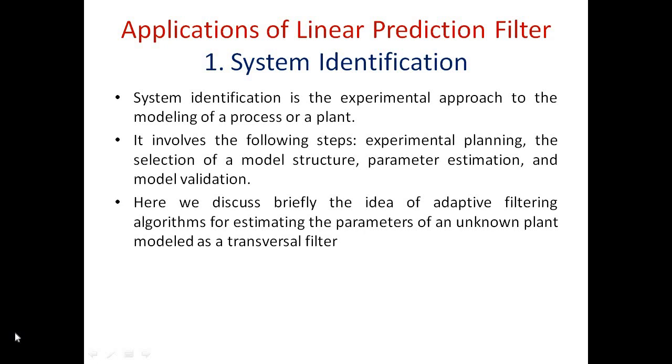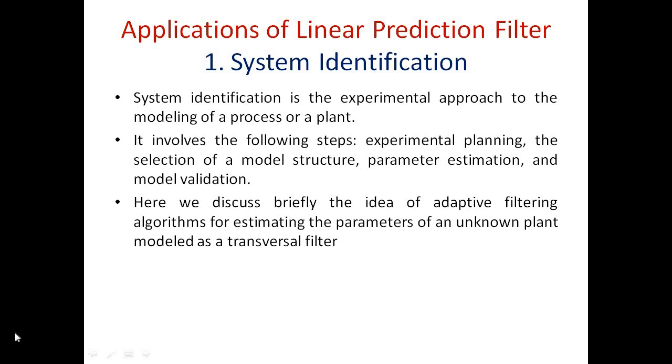So here we go for a system application, identification. It is an experimental approach for modeling a process. Whenever you want to build a particular system, we need to go for this kind of experimental approach. It normally involves certain prerequisites: experimental planning, model structures, what parameters we are going to estimate, and then model validation. It has to go through these particular stages,